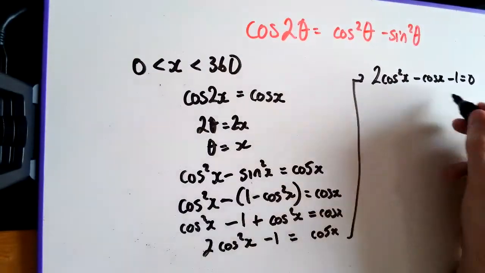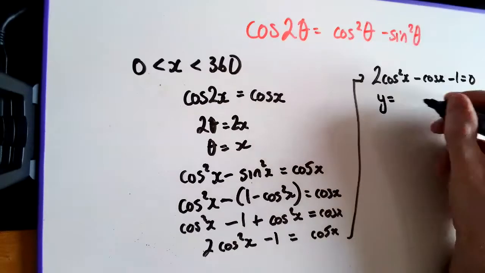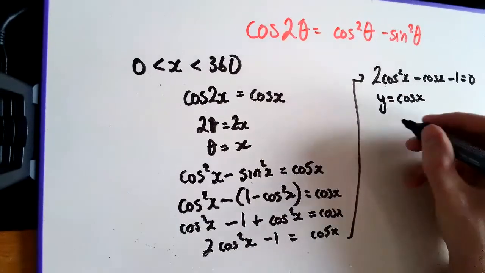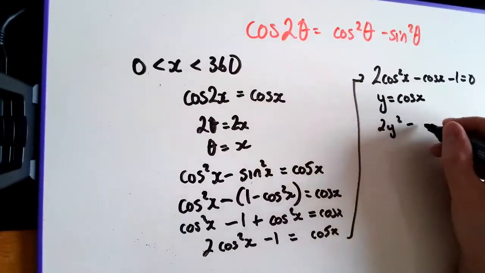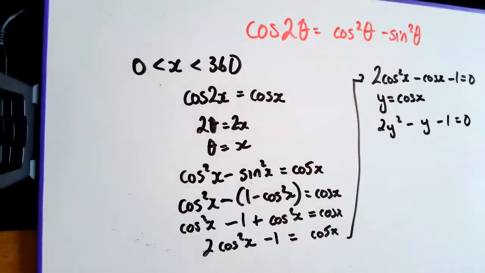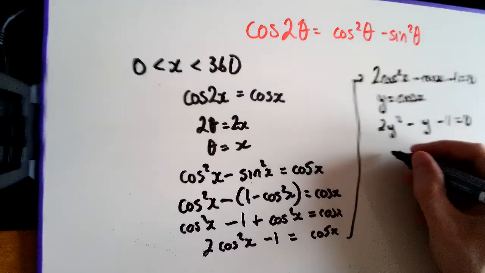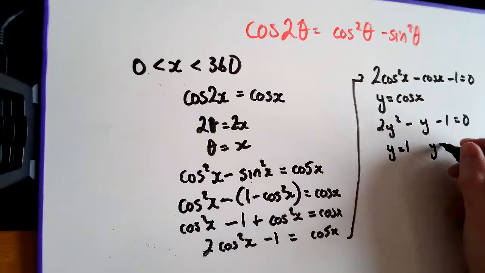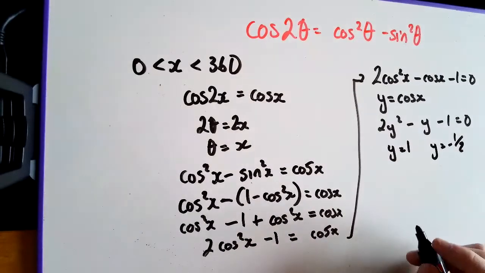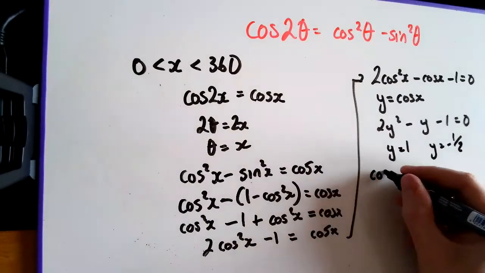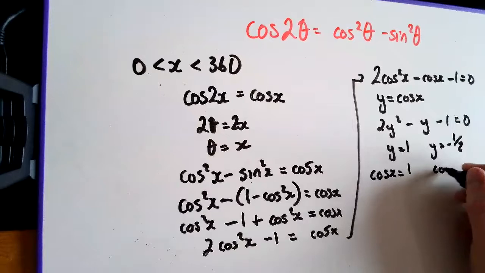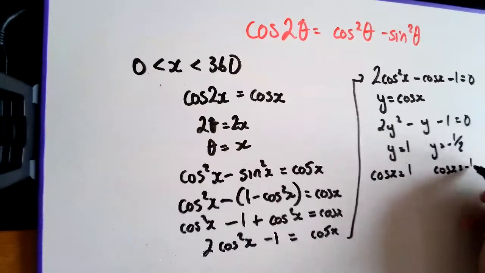And now look, it's just a quadratic in disguise. So if I make y equal cos x, then I get 2y squared minus y minus 1 equals 0. So solve that on your calculator. And we should get y equals 1, and y equals minus a half. Sub back in what y was, so cos x equals 1, and cos x equals minus a half, and solve